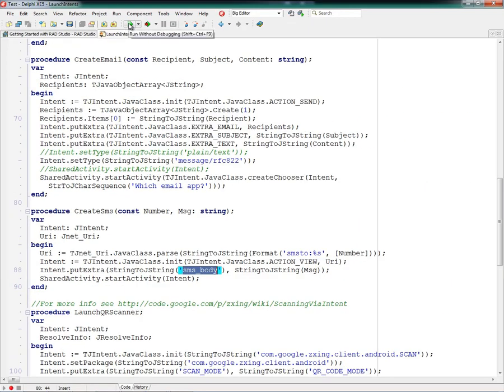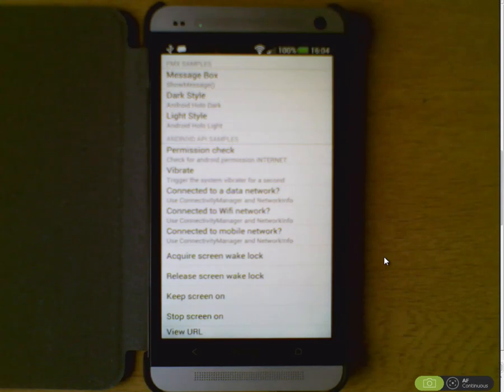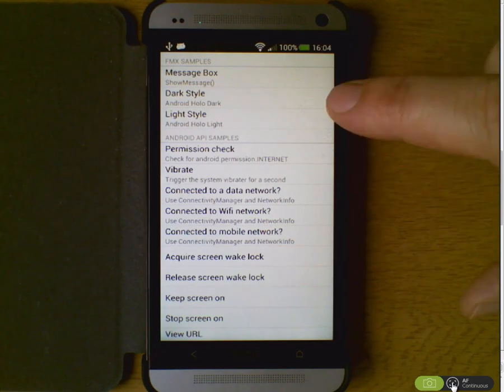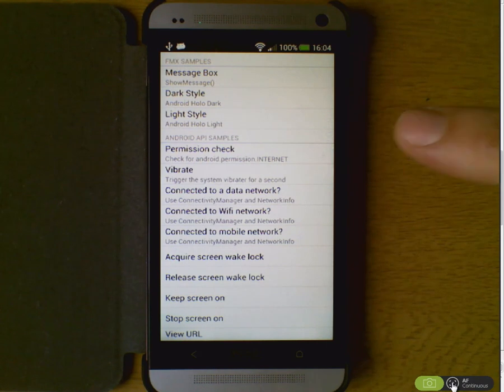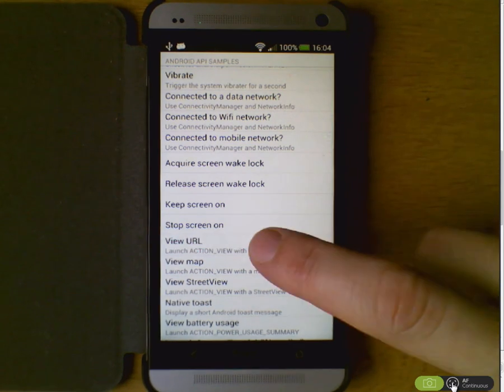Let's just launch this. The application is a list of things we can do. So let's see, where were we? So we've got the vibration option in there as well. We've got the options for keeping the screen on and checking whether we're connected to a network. All this sort of stuff's in this sample, which will be made available in conjunction with this session with the files from the conference. So, for example, view URL. Let's